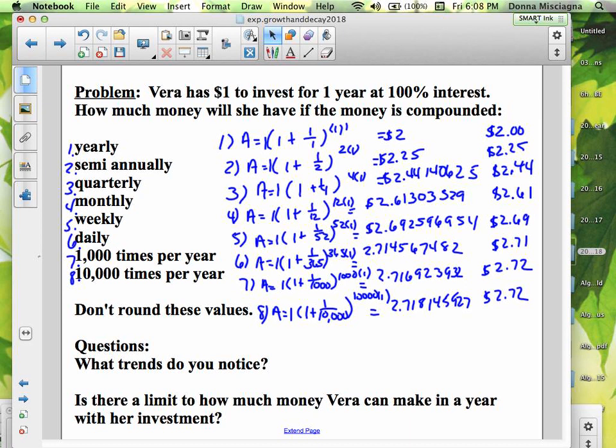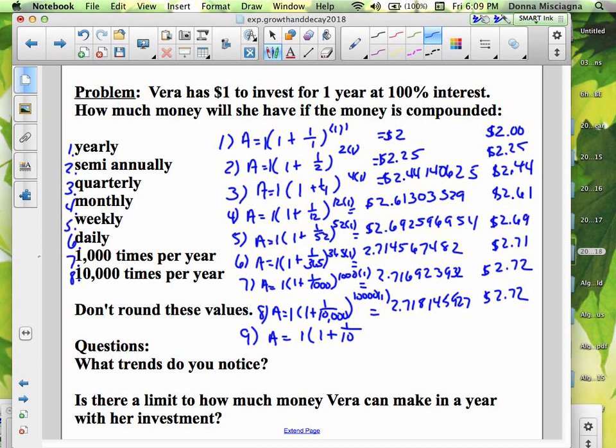I'm actually going to do one more here, just to make it interesting, not that it's not already. And let's make it 100,000 times. All right, so that would be 1 times 1 plus 1 over 100,000 times. Right? And of course, it's 1,